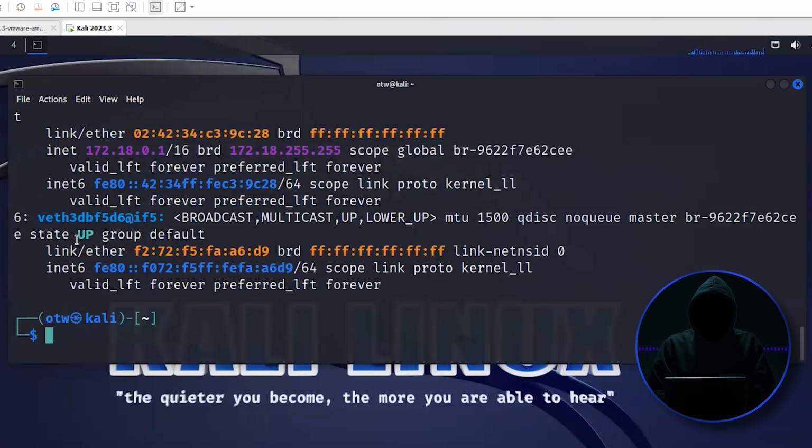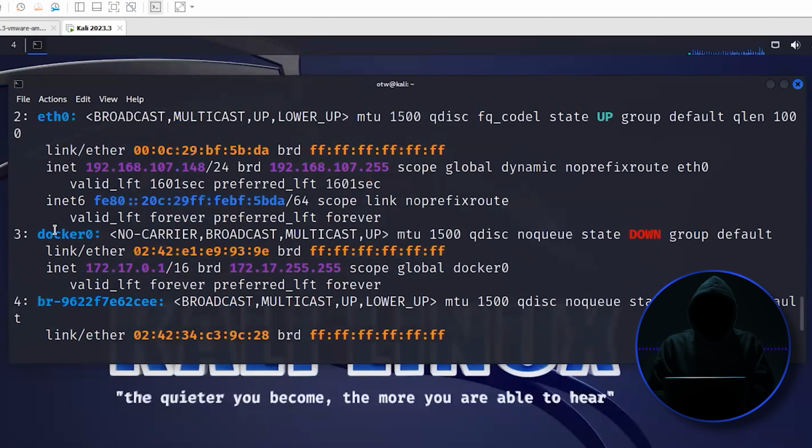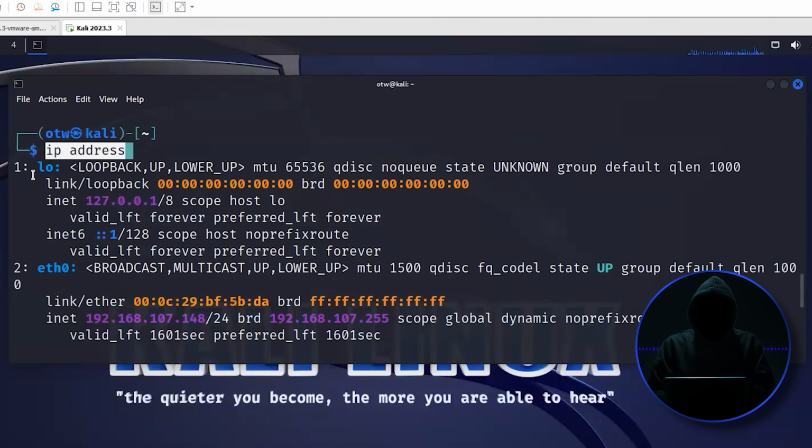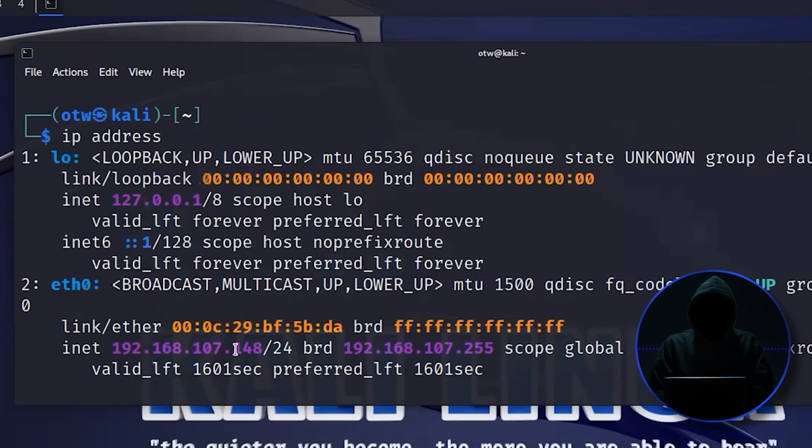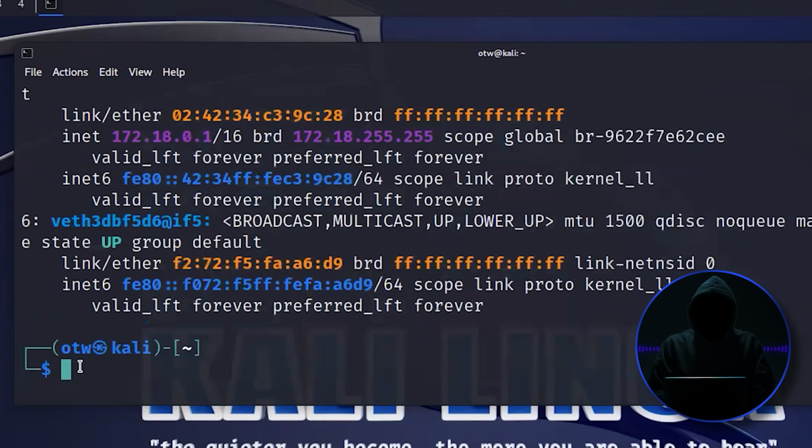And don't worry if you don't have some of these interfaces. I've installed them. This is what you should have: the loopback and the eth0, or Ethernet 0. And you can see that we have the IP address here, the broadcast address here. Great. Next, what I want to show you is